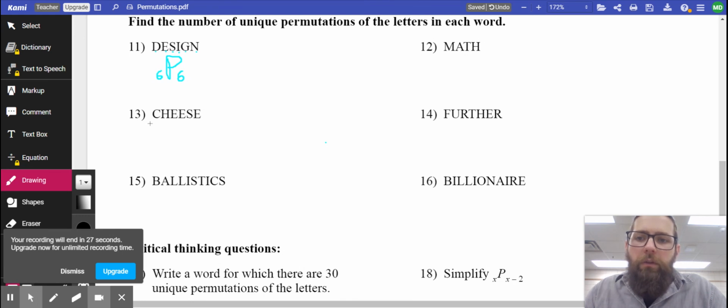For problems like 13, do you see that you have repeating letters here? So you're still going to count how many letters you have. So cheese has 1, 2, 3, 4, 5, 6 letters. But now when you create arrangements of them, you want to count how many arrangements of unique letters there are. So how many unique letters are there would be your